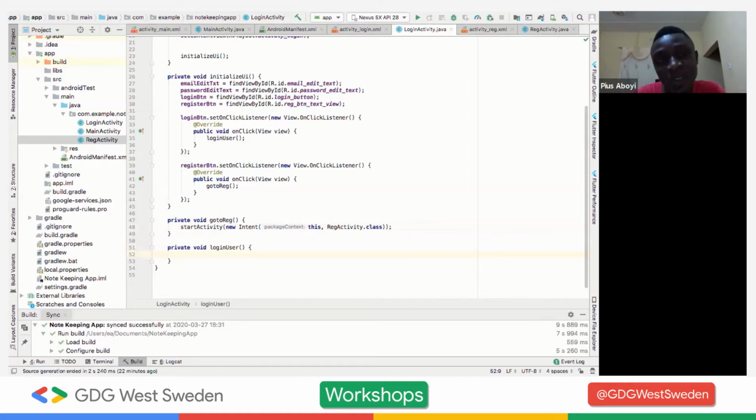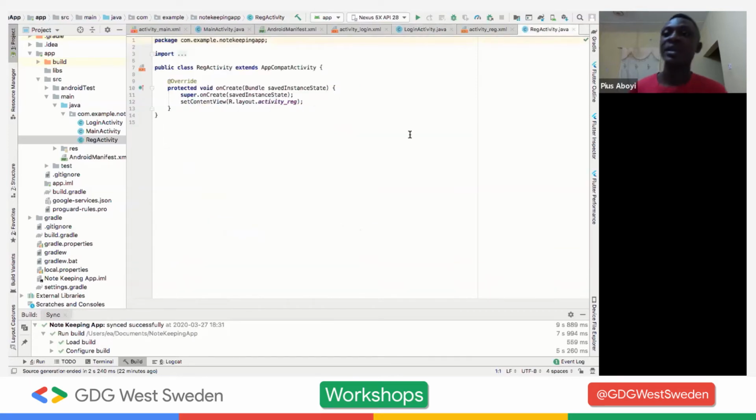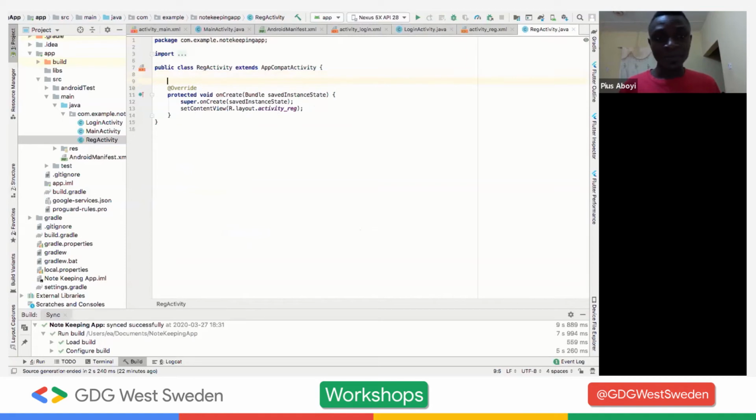So that's that. Here we're going to have much work to do, because this is where Firebase is going to be doing the user login. So we can pause for this and go back to registration. I want us to write the code for the registration before that. So let's go back to registration and write the code for registration. For that, I'm going to create fields,